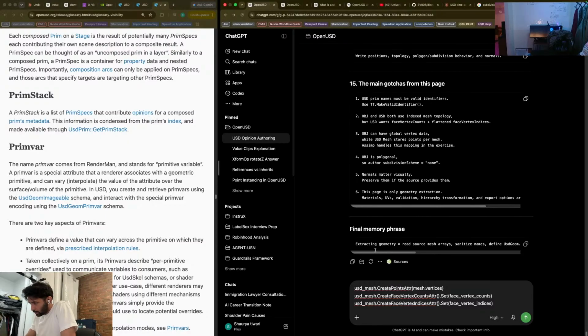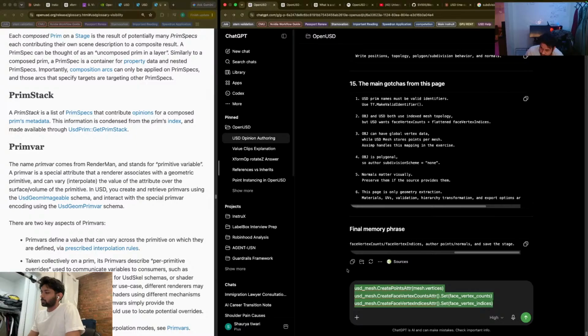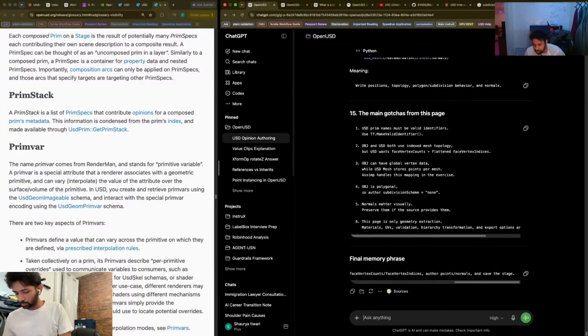Final memory phrase, extracting geometry: read the source mesh array, sanitize names, define USD geom mesh prims, flatten face topology into USD's face vertex count and face vertex indices, author points and normals, and save the stage. I'll just ask quickly, are normals